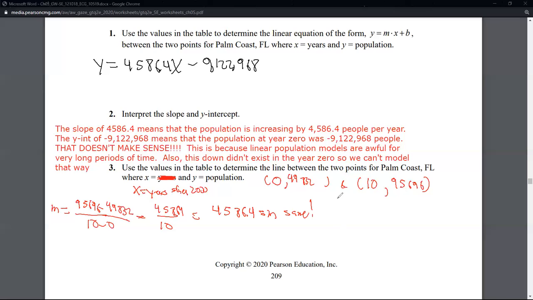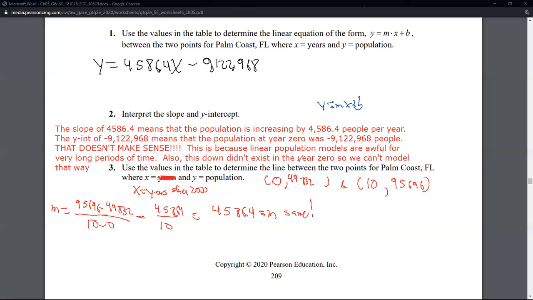All right, so to find the y-intercept, I'm going to change colors just to make this a little prettier. We're doing that y equals mx plus b again. We're going to plug in any number for the x and the y that we like out of these two options. We can do the 0 and the 49,000 or the 10 and the 95,000. The m is the same m as before. We're going to plug that in there, and we're going to find the b. Now, I'm going to use this point, definitely. I mentioned earlier, if any of them ever have a 0, which is pretty common in a year since model, that's going to be the easier one to plug in.